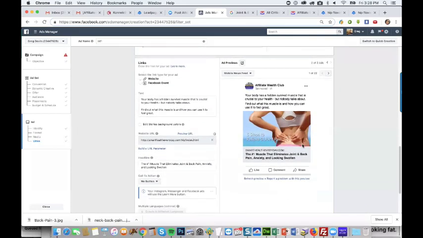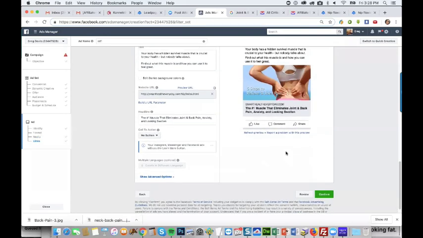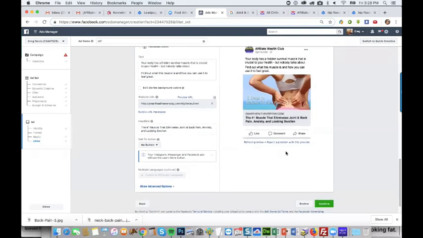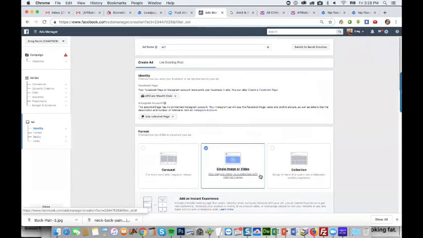All right, so we got 2 ads there. Looking good here. So confirm, and then you can post the ads. I'm not going to do that because this ad account is disabled, so it's not going to work anyway. But that is it. So that's kind of a start to finish method for doing a basic Facebook affiliate campaign.